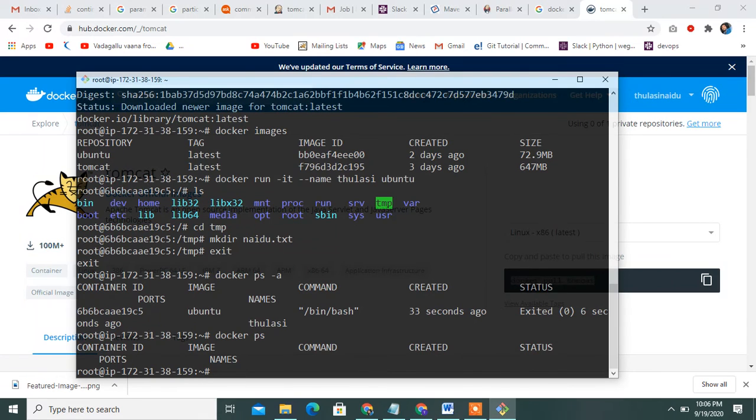Then how to push to Docker Hub. This is mainly important. Also, how to rename the image names with one command.